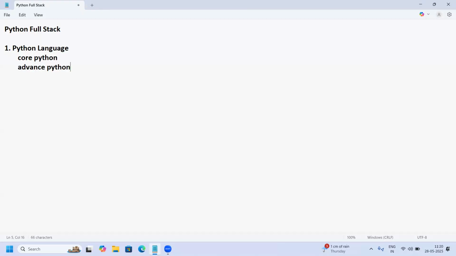Actually, there are no divisions in Python language. Python is only one language. You download Python language, you install Python language. There are no divisions. These are divisions which are made by us. For fundamentals, core Python. For advanced concepts, advanced Python. And second thing,